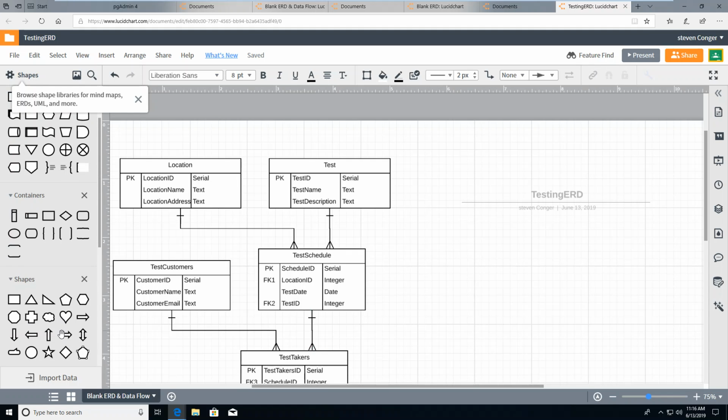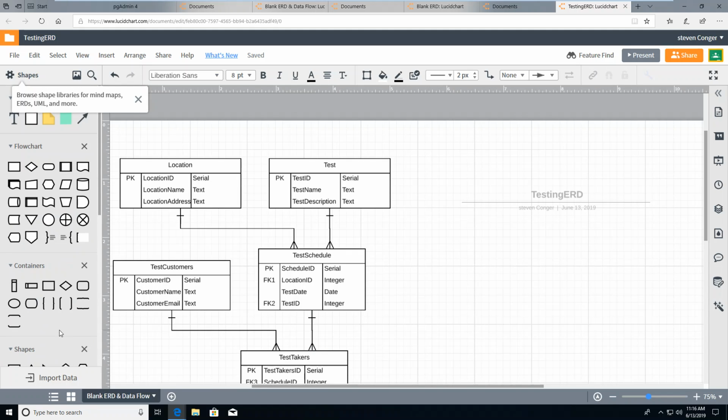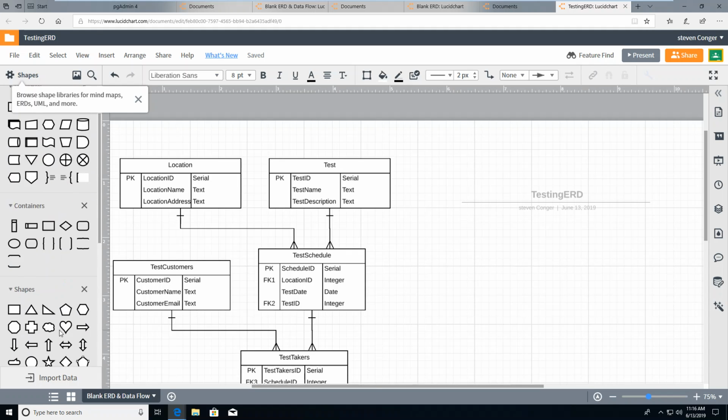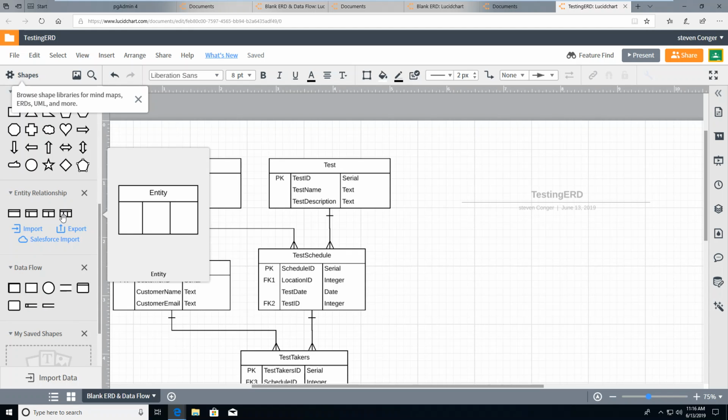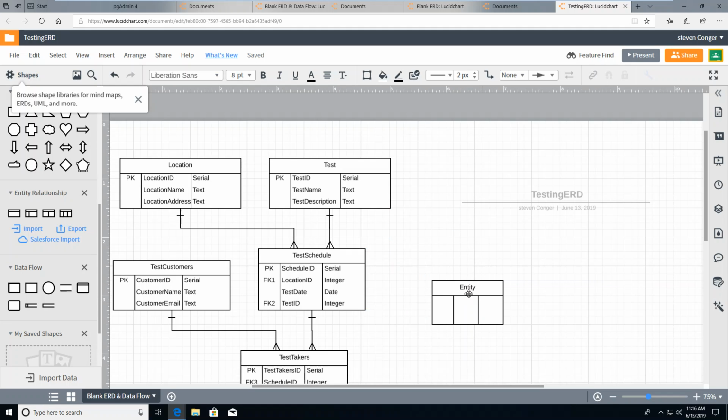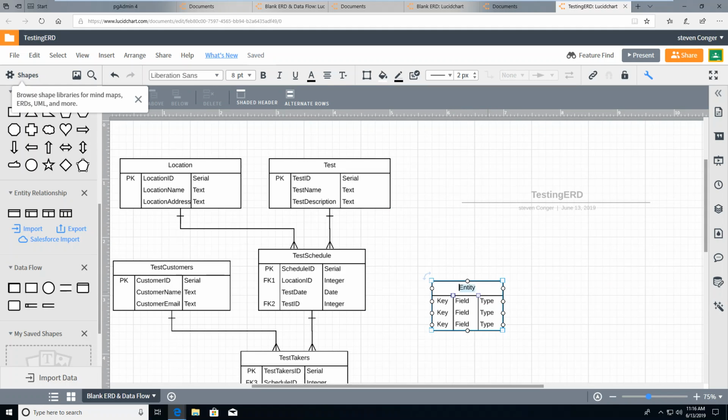Alright, so I'm going to add, let's see, flowchart containers. Okay, so there's the entity. I'm going to add another table. I'm going to call it test results. And it will have a primary key. First let me make this bigger. So this will be test results ID. And I'm going to make this serial. And again, serial is